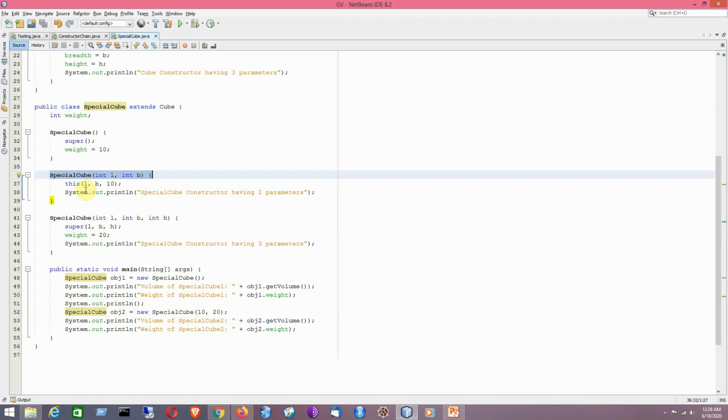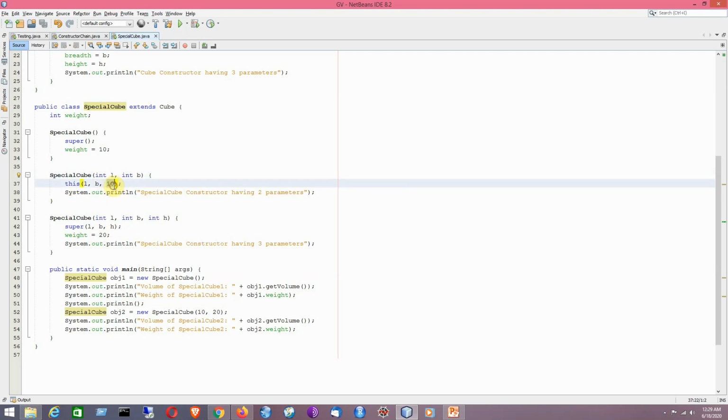So now we are having a this call. That means the control will now be transferred to the matching same class constructor, that is the parameterized constructor with three parameters. So this one, with the value L as 10, B as 20 and age as 10. So that is a new value being assigned here.